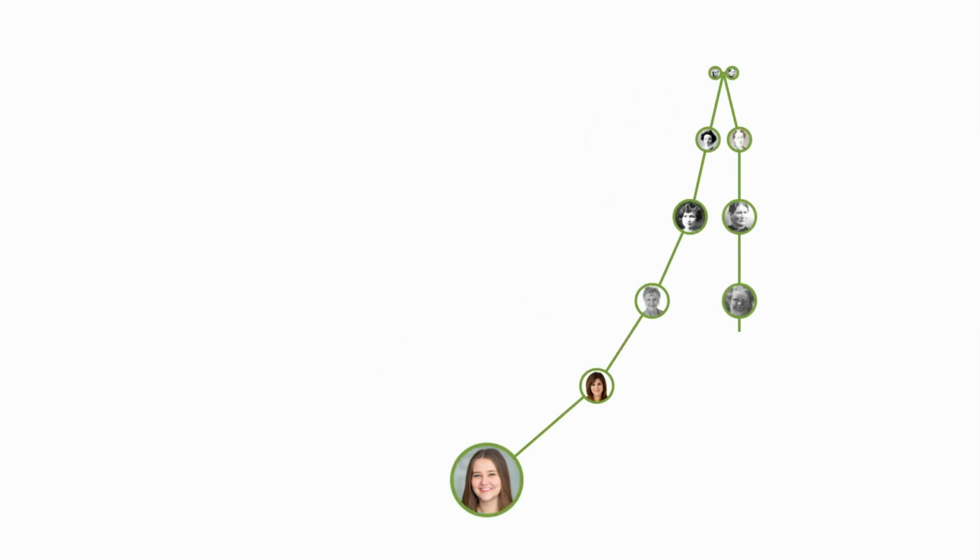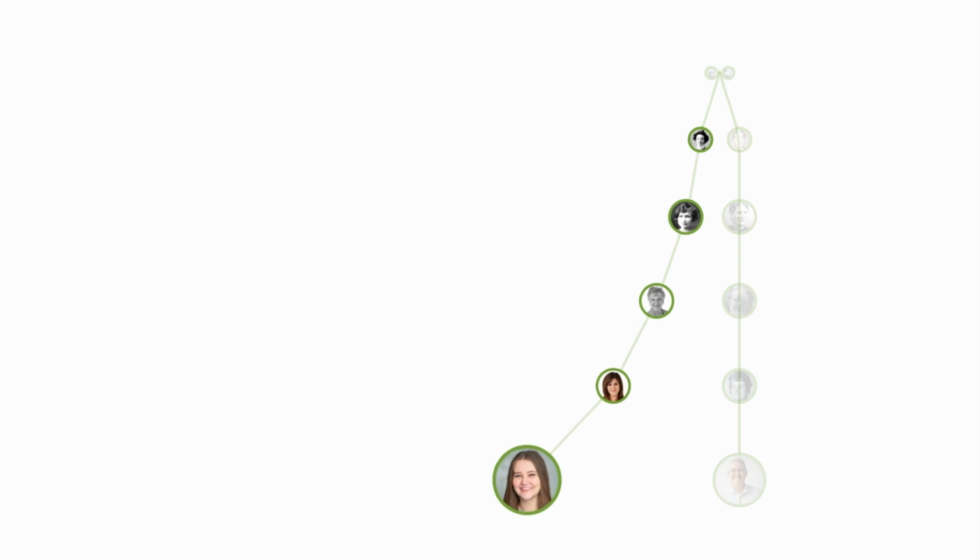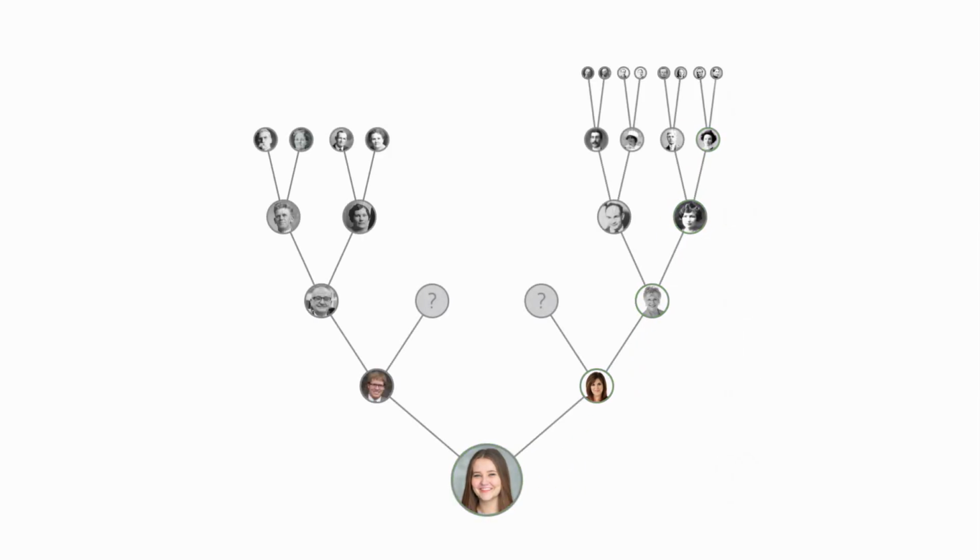FamilySearch finds your cousins by seeing who you shared deceased ancestors with. Here, I can see that my coworker is also my fourth cousin. The more family members you can connect to, the more relationships you'll be able to discover. And that's how it works. Have fun finding your cousins.